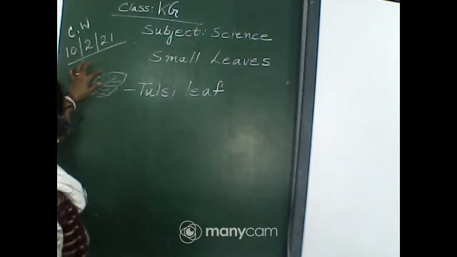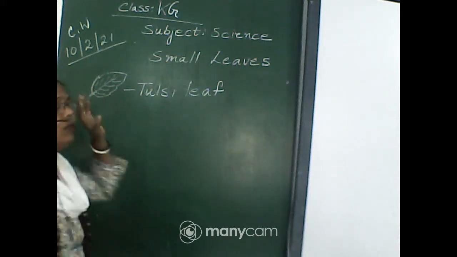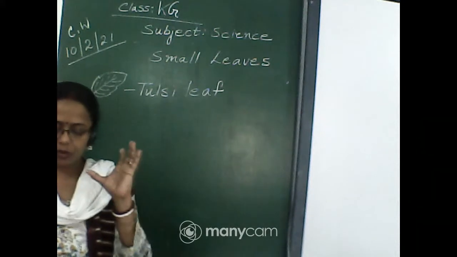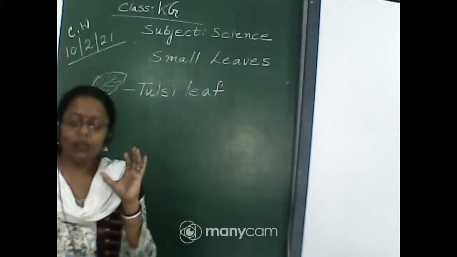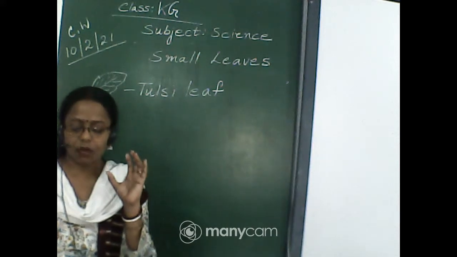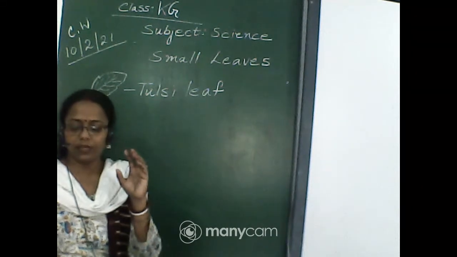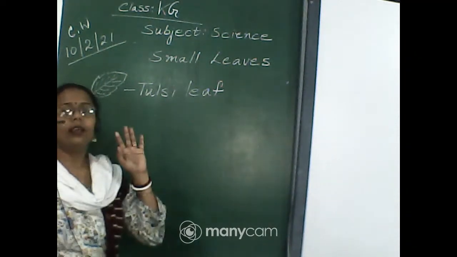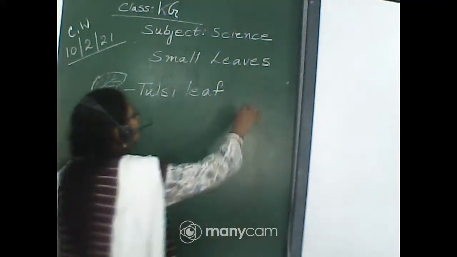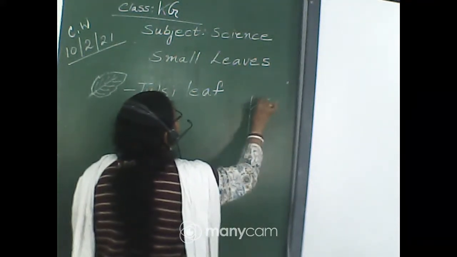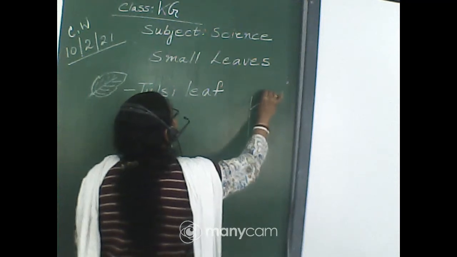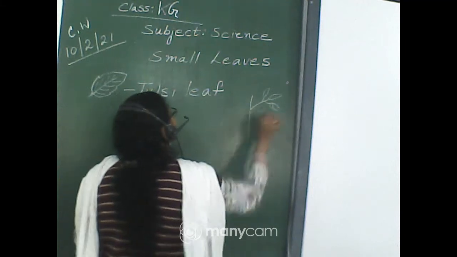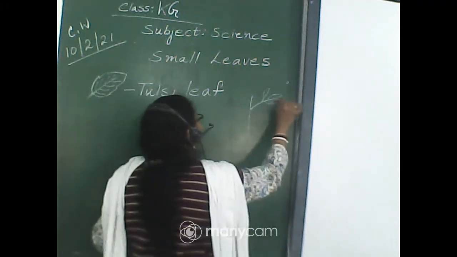These sides are a little bit curved, okay, but not as many curves as we have in our rose leaf. In your book you can even find the rose leaf in the category of flowers. The rose flower with leaves has been shown. So this is the tulsi leaf. And how do tulsi leaves grow? This is the stem. Here one tulsi leaf is there, here one tulsi leaf is there, here one tulsi leaf is there. In this manner it grows, right?